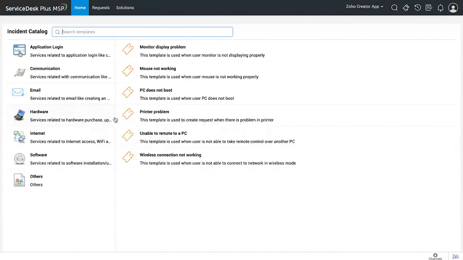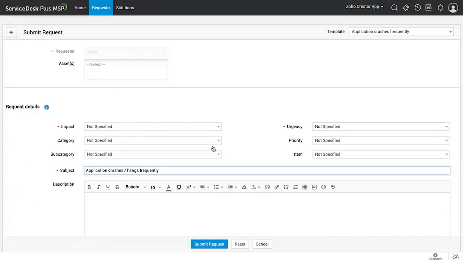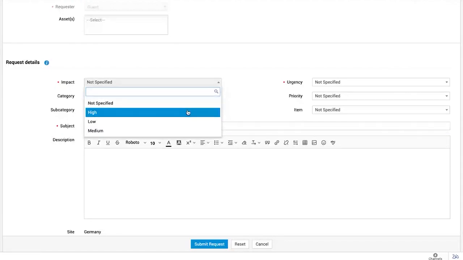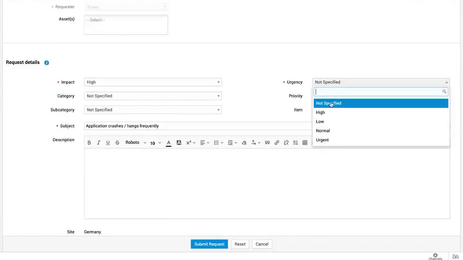So based on the template that's relevant to me, I can simply select that and I can create a ticket, right? So for instance, I'm facing an application crash issue. I can simply click on this option, and I can provide the correct details about the issue that I'm facing. For instance, an application crash issue in a billing software, and if the issue is in the billing software, I could end up losing a lot of business if it is not fixed immediately